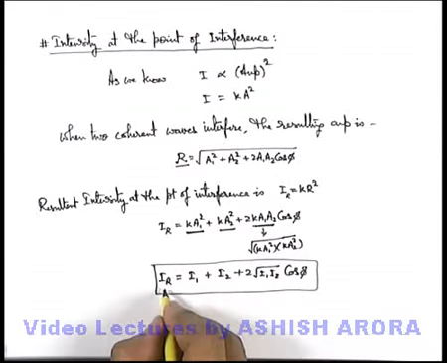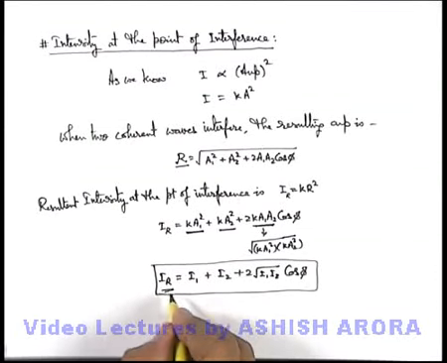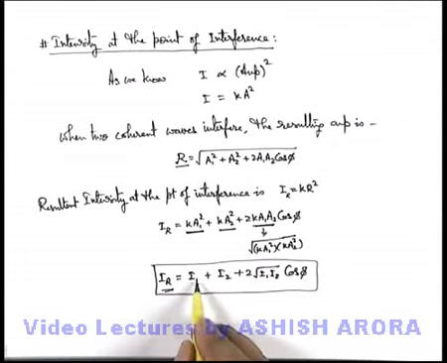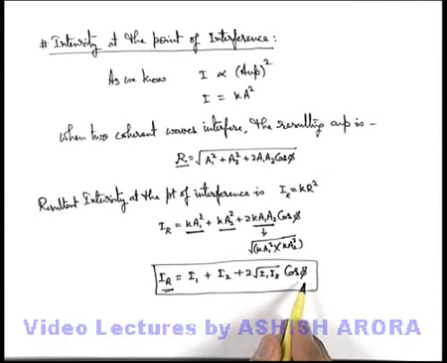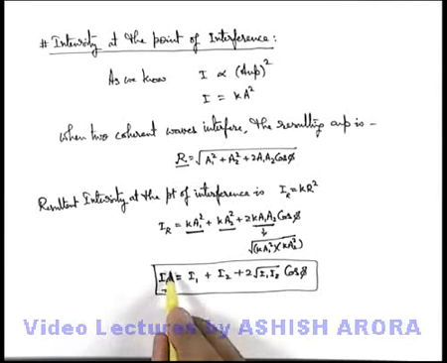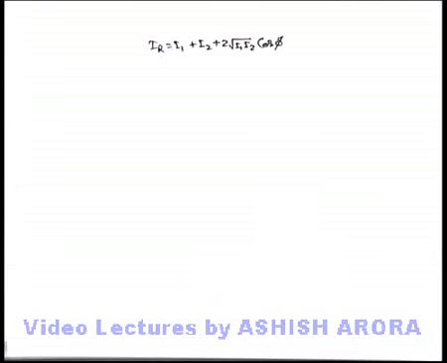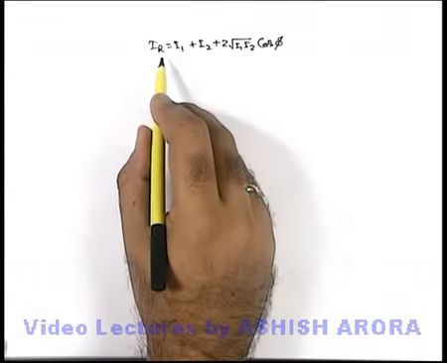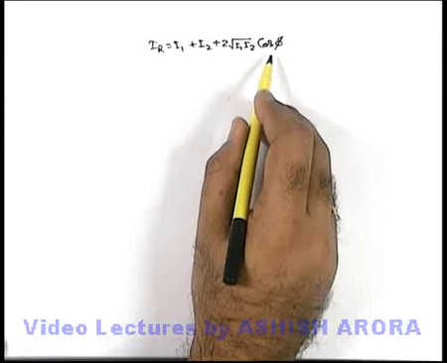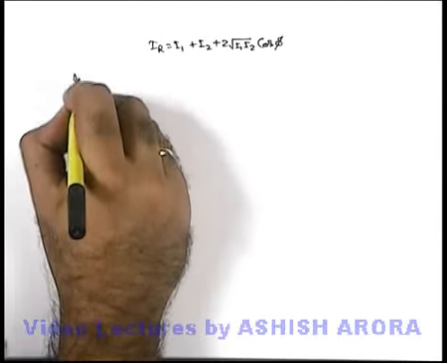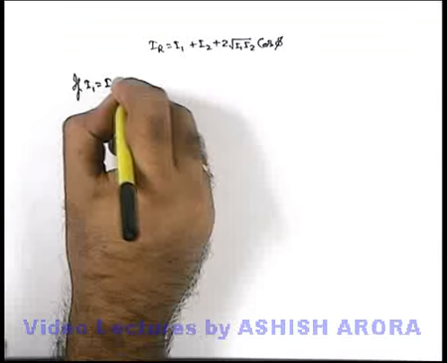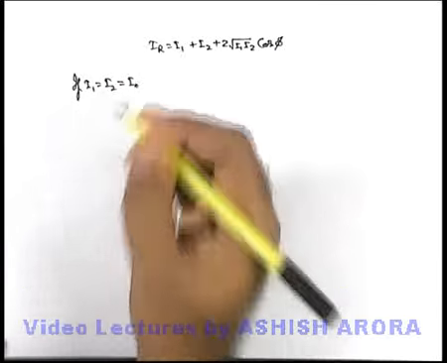So we can see the intensity of waves after interference at the point will be modified and will depend on the individual intensity as well as the phase difference between the waves. Let's also analyze the various situations, how this intensity varies with intensity and phase difference. As we have just seen, the resulting intensity at the point of interference is given by this expression. In some situations, say if the waves are of equal intensity, I1 = I2 = I0, then